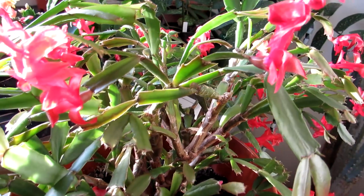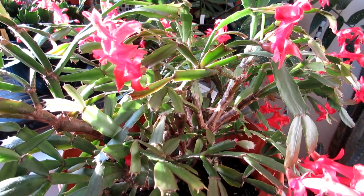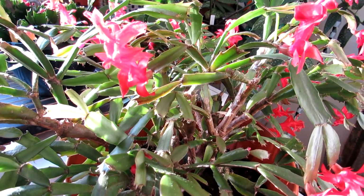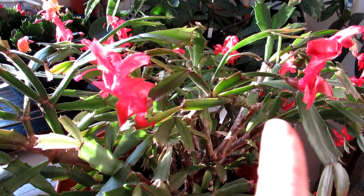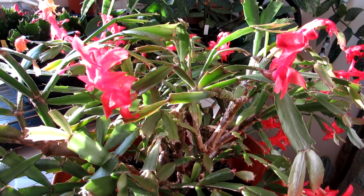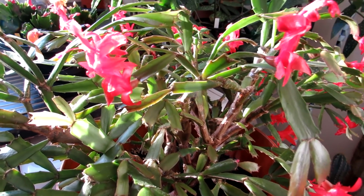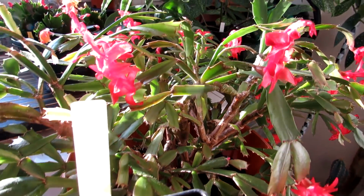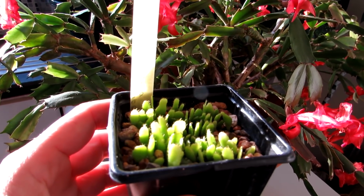And anyway, I did the same thing with this plant last year. I sometimes do cross-pollinate them, but this time I pollinated this plant purely on its own, with its own flowers. I just cross-pollinated from one flower to another flower. And I had a couple of seed pods that were successful. And I harvested the seed this year in the spring, and I sowed the seed in the summer, as I say, June 2018. So these little seedlings here are 6 months old,